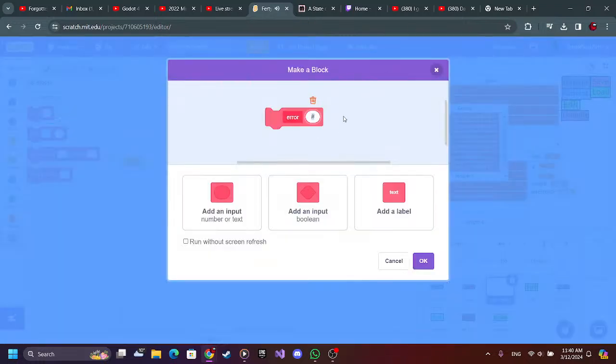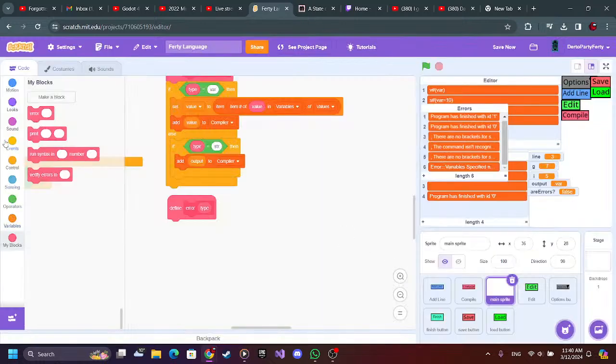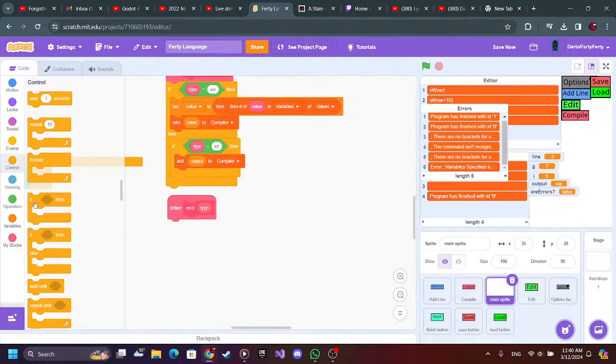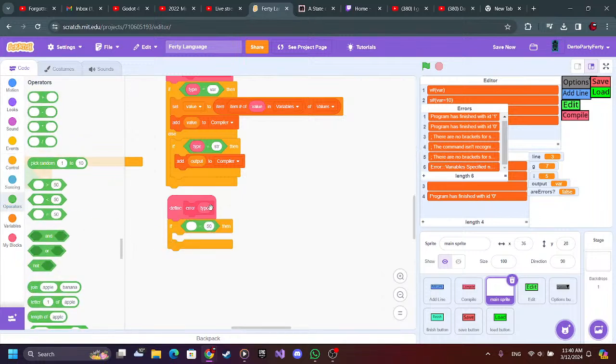So not the tag, but type. So this is where we have some if statements. So if type is equal to, let's say, error, I don't know,